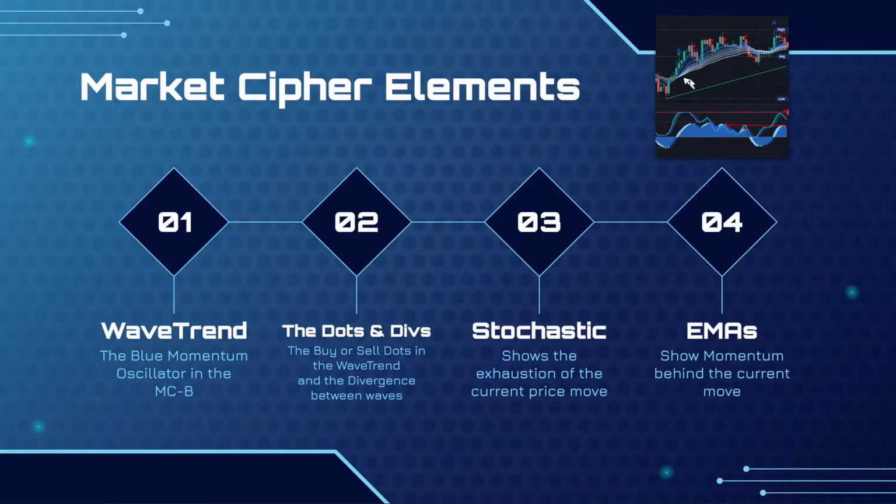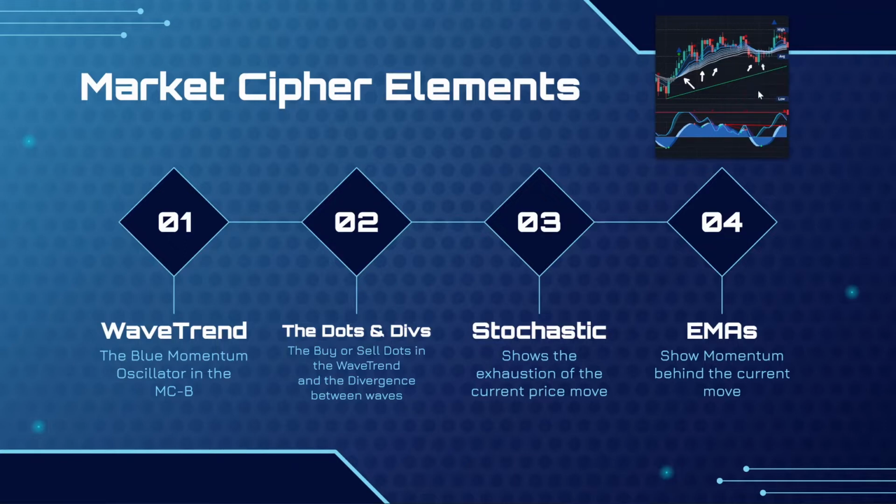And lastly, we have the EMAs, which are these lines right here. The EMAs help show us momentum behind the current price move. In this case, if they're blue, we're looking at a short-term bullish trend. And if they're gray, we're looking at a short-term bearish trend. Sometimes they flop back and forth, but when you get these nice trends, that's where we can start looking at